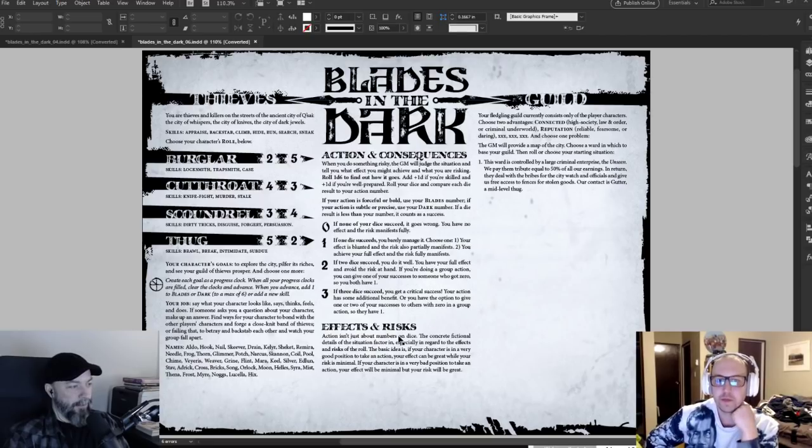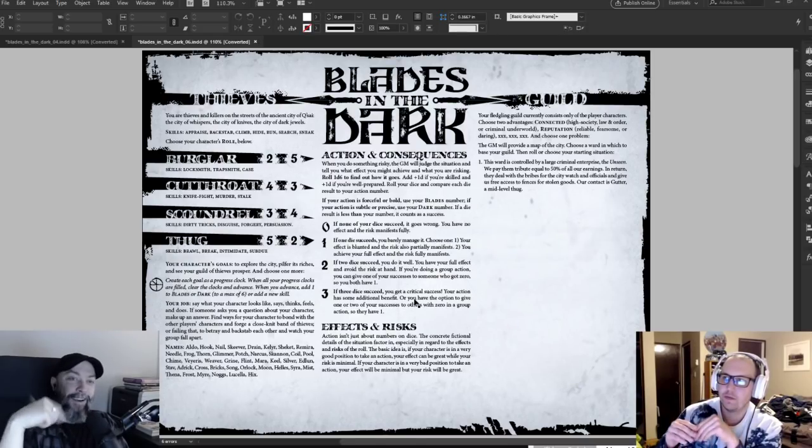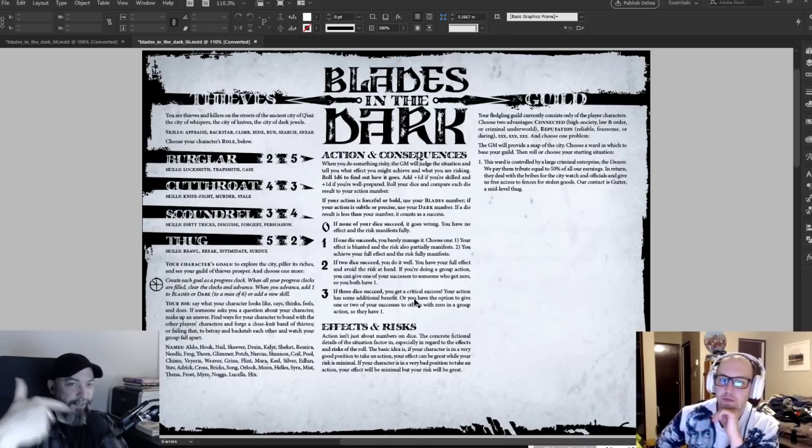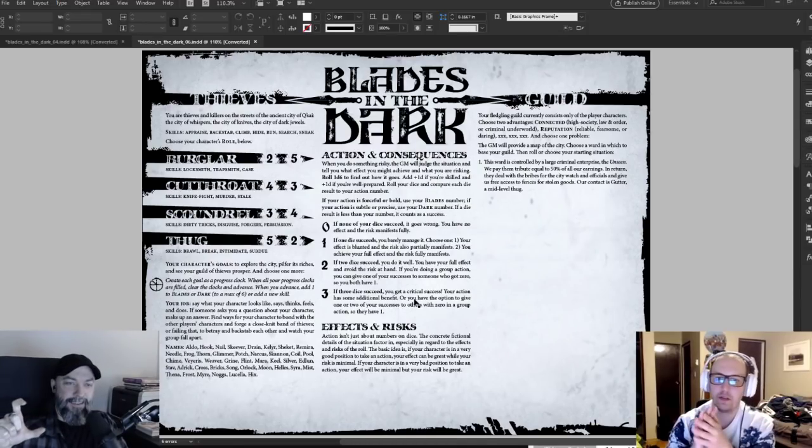Yeah. And I think you'll see this in your designs all the time, where you have these goalposts that are very strong in your mind. I know it's about action and consequences. I know the effects and risks are a thing. I know the thieves matter and the guild matters. And then what is supporting those goalposts changes and changes and grinds and grinds, because the thing you're aiming for is so clear, and you're like, yes, that is definitely what I want. Or you can be in the other place where you have all these tools that you think are really powerful. Oh, I have such a cool system for that. I have such a cool system for that. But you don't have your goalpost well delineated.